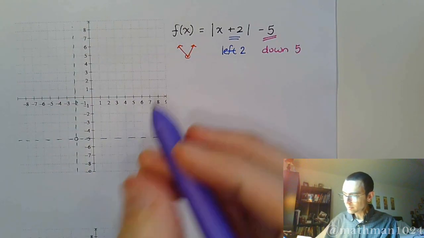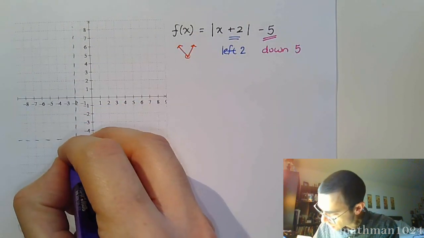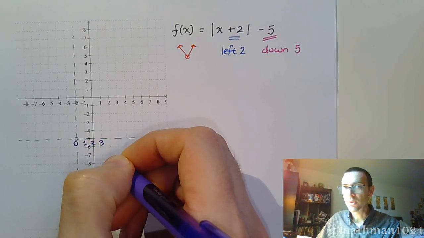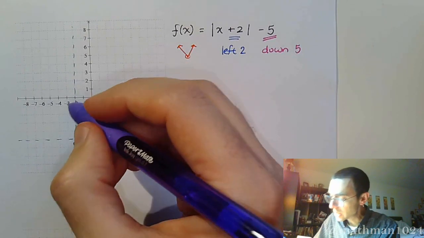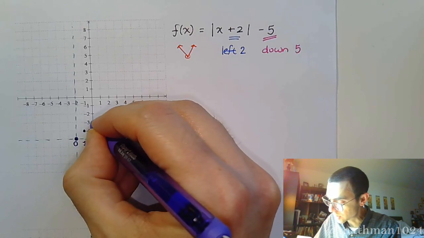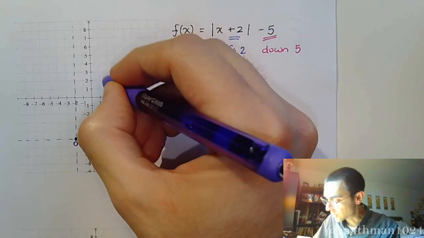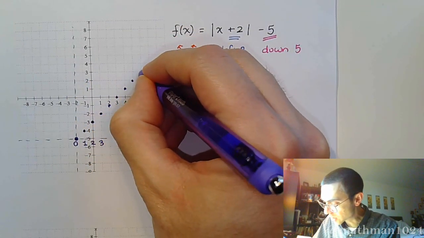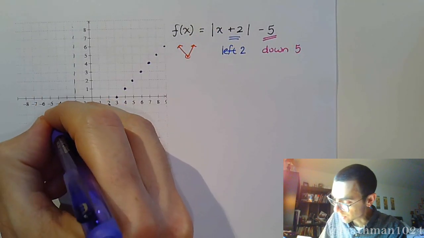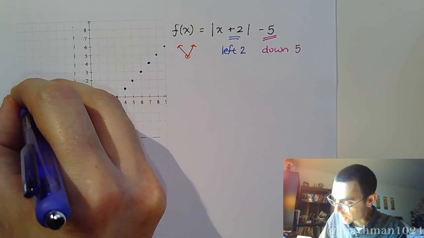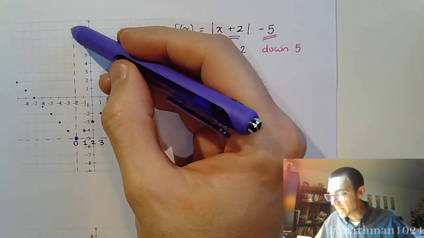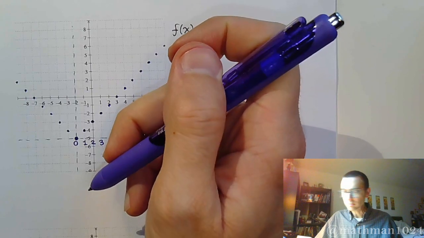From here, we're going to graph our absolute value shape. So you can pretend that this is 0, this is 1, 2, and so on. And those key points for the absolute value were just like graphing a line. Absolute value of 0 is 0. The absolute value of 1 is 1. Of 2 is 2. And you get 3, and so on. So whenever you graph, you want to make sure that you graph all the way to the edge of your graphing window. And on the other side of the absolute value, this guy bounces and it goes the other direction. We need to make sure that we remember that there is a line of symmetry that goes through that vertex. And then,